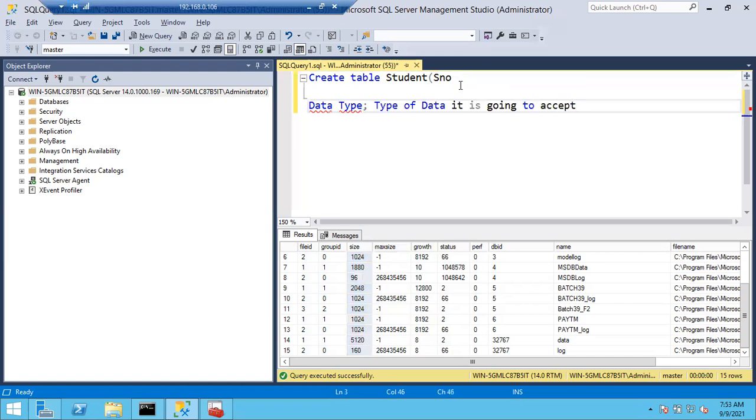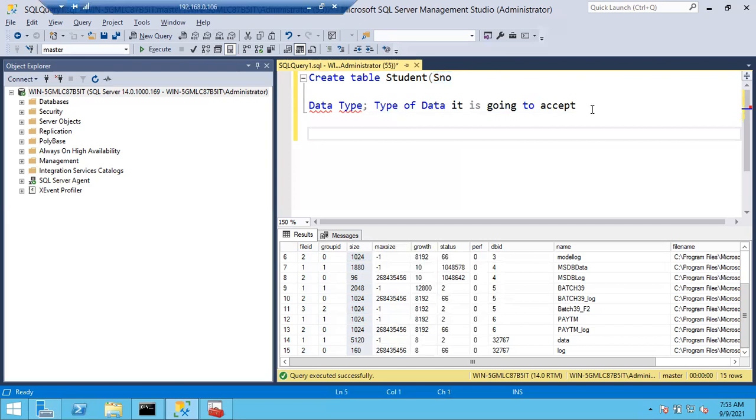For every column you have to mention the data type also. Each column, what kind of data it has to take. Student number, what kind of data should it take? Numbers only, integers. So we have different data types.